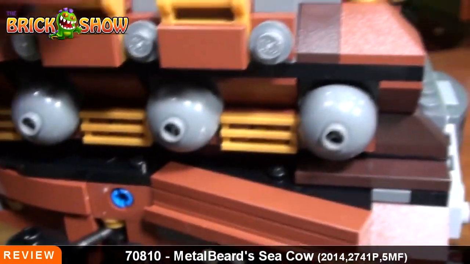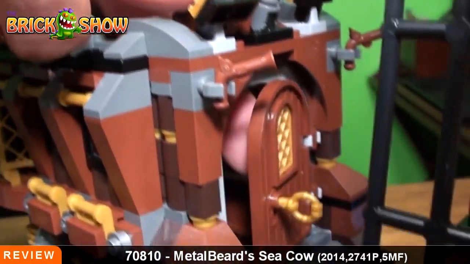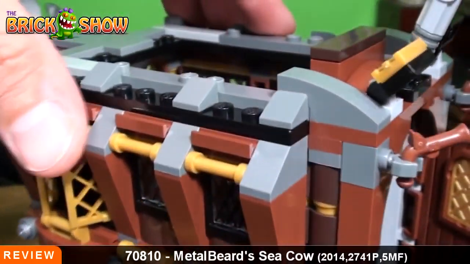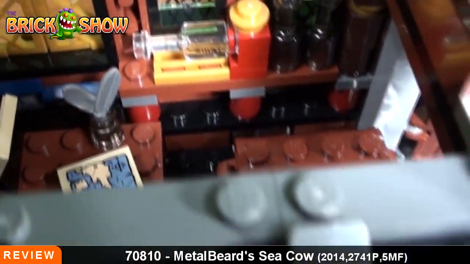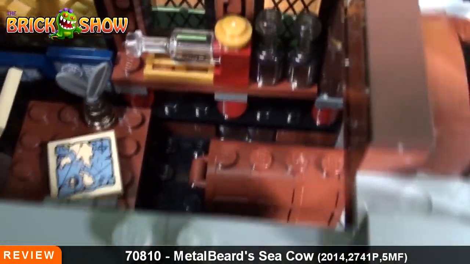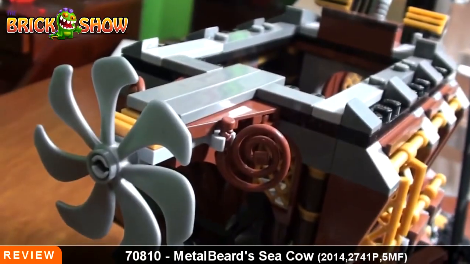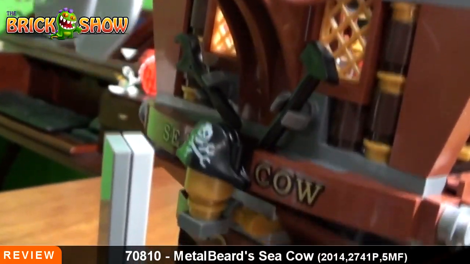These are stickers here, stickers there, and then in the front here the door does open, but MetalBeard actually can't even really go in it because even the mini MetalBeard cannot go in it. You can see a lot of glasses there, a lot of bottles down there, and then there's some more maps and stuff over there. And then there's propellers here at the back of each there, and then more whips there, as you can see. More windows, more